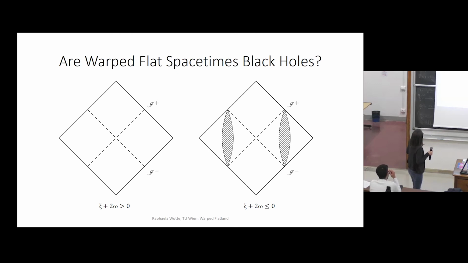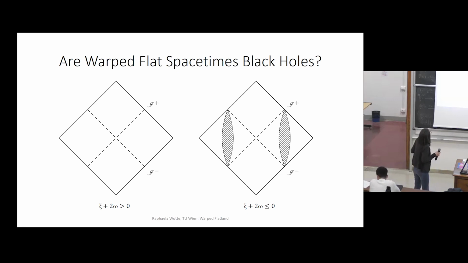So you have different regimes because of the parameters that you introduced when you made the identification, and the dashed lines here are the location of the Killing horizon, which was claimed to be the black hole horizon. Then in a certain regime you have closed time-like curves, and these appear because of the identification that you introduced. So what you can do is cut off your spacetime here, and then you end up with a singularity, but you don't have any closed time-like curves anymore.